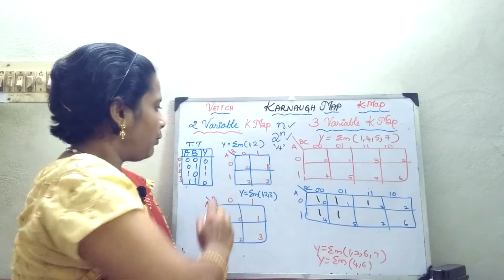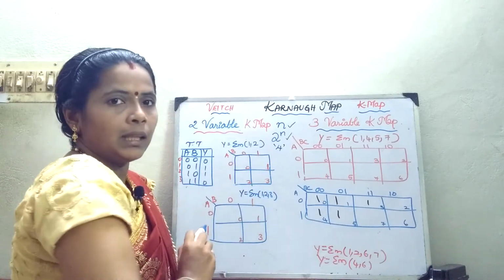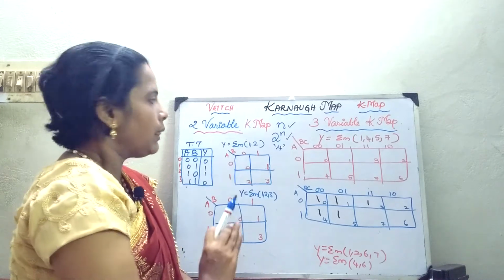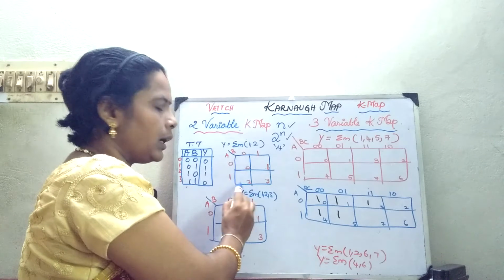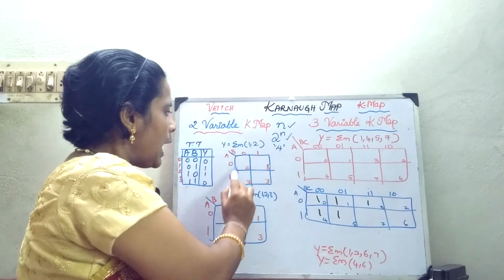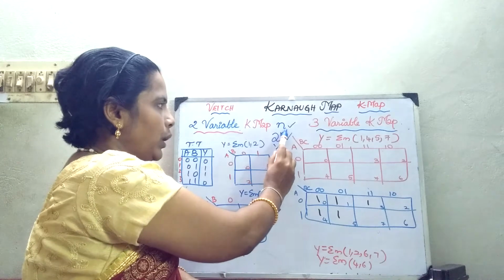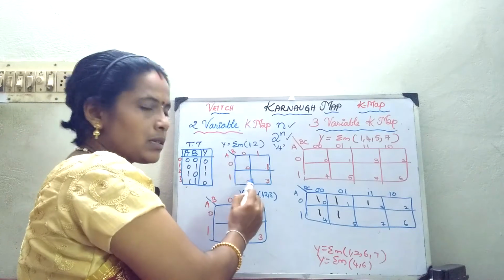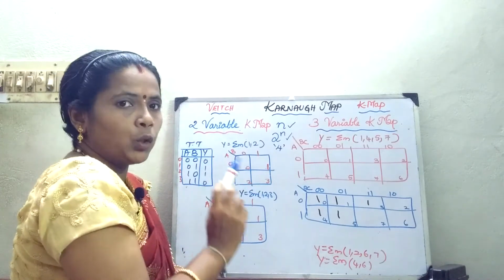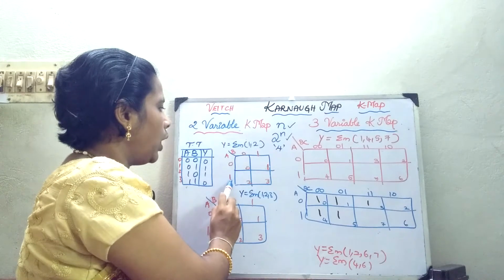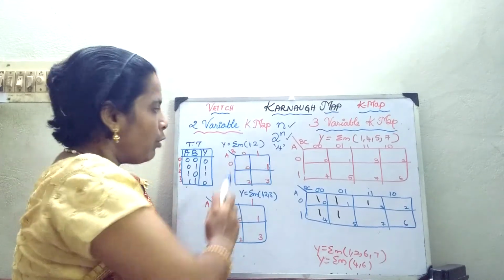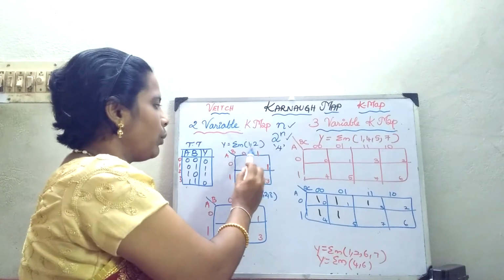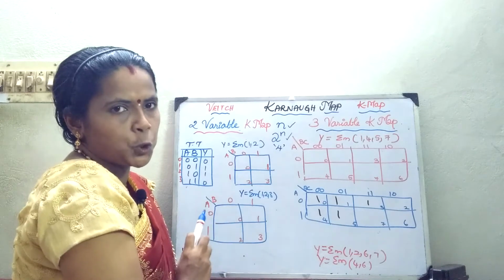Now, what are the rules that should be followed in your K-map? The first thing is that whenever I plot cells, I do adjacent cell grouping. For a 2 variable K-map, I require 4 cells, so I have drawn it like this. Why can I draw it like this? Because with 2 variables, a variable can take the data 0 or 1. From one cell to another cell, it can differ by only one literal, that is 0 becomes 1. Only a one bit change should be there.